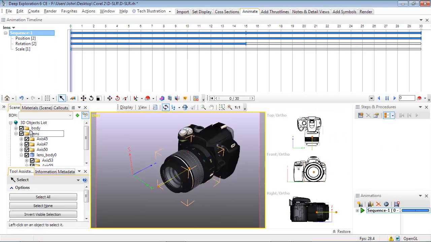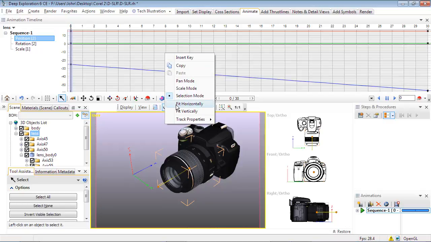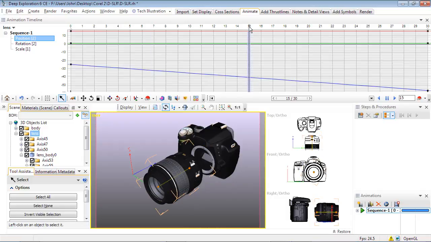With the lens still selected, click on the position part of your animation. If you don't see the whole plot, right-click on the graph and use either Fit Horizontally or Fit Vertically. Since the move is happening too soon, you can see how the graph of Y position in blue is linear for the entire time. So let's add a keyframe by selecting frame 15, then right-click on the new vertical line